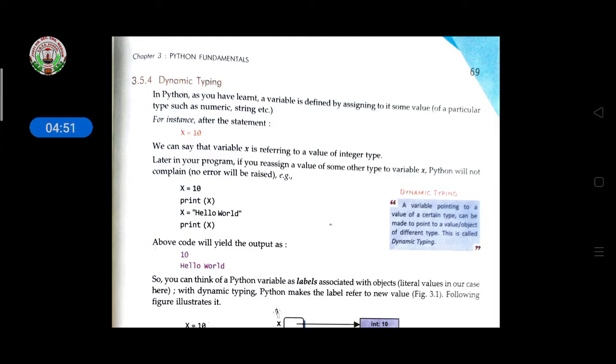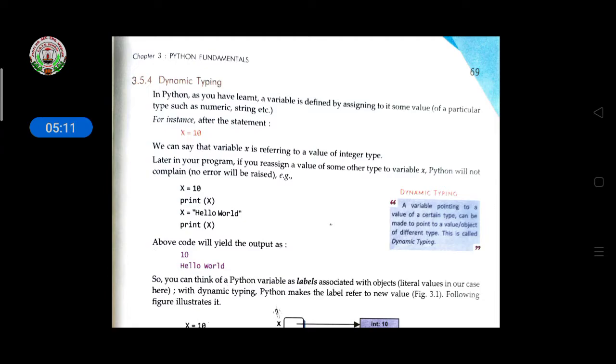If you are giving 10.2 or 10.5, then it will be a float type. Later in your program, if you reassign a value of some other type to variable x, Python will not complain. No error will be raised. Why?